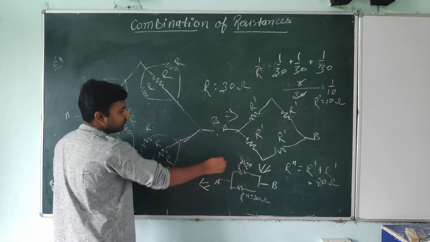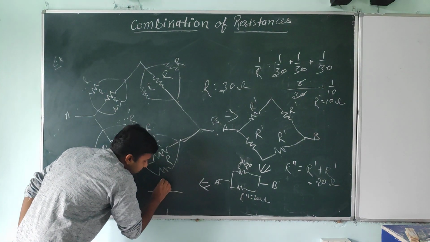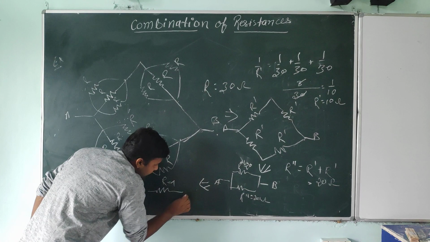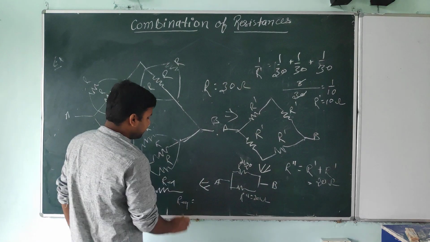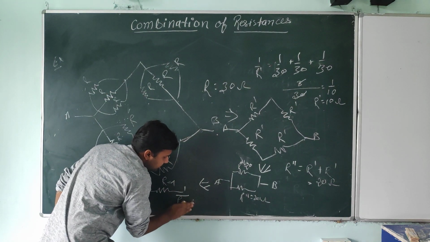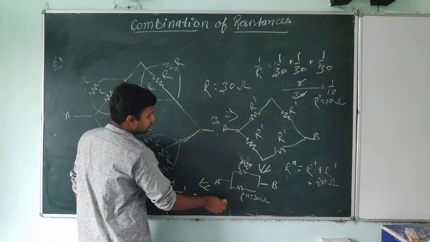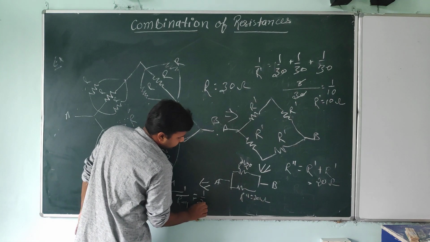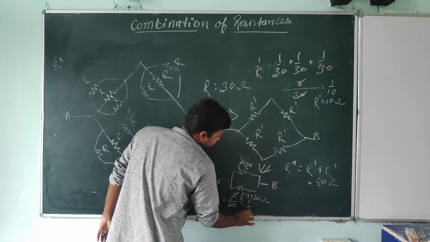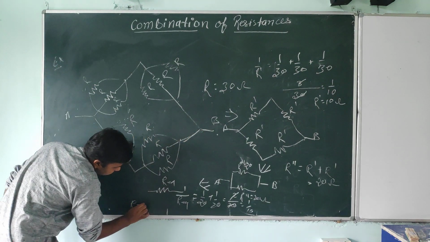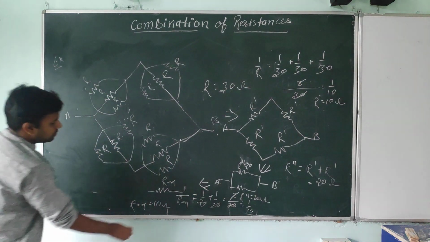Look at this. These two resistors are in parallel. So which formula will you apply? You already know. Here the R equivalent. This is a basic question, that's why I am solving it using the basic formula. You can also write it directly, but here apply the basic formula. So 1 by 20 plus 1 by 20, LCM is 20, 2 cancels out, 1 by 10. So R equivalent equals 10. Okay student, this is the answer, basic question.